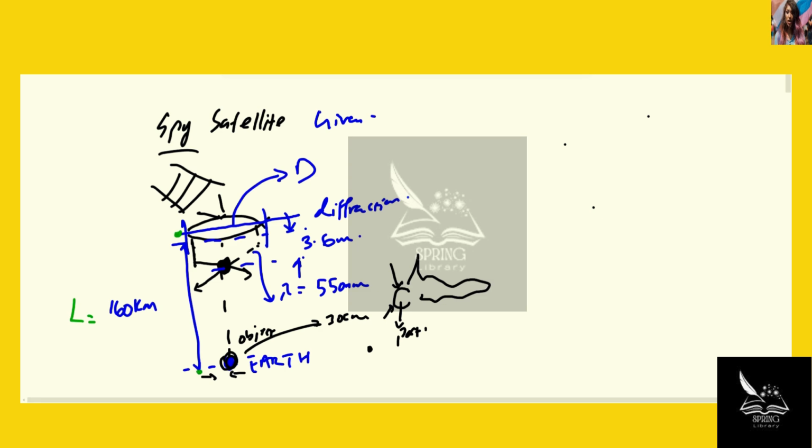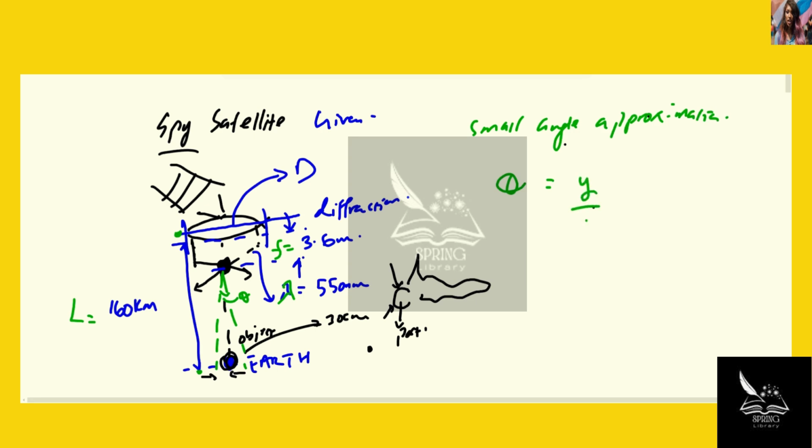The focal length, f, is 3.6 meters. Lambda is 550 nanometers. Assuming this object is on the ground, this is our small angle theta. So using small angle approximation, we get that theta equals